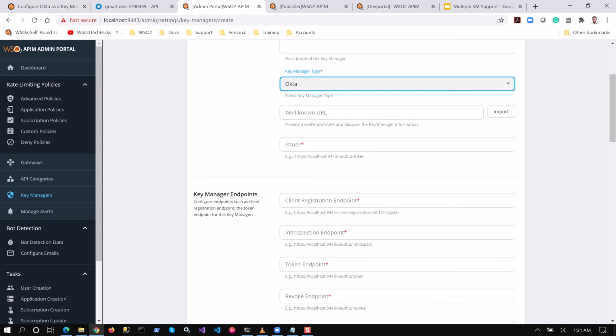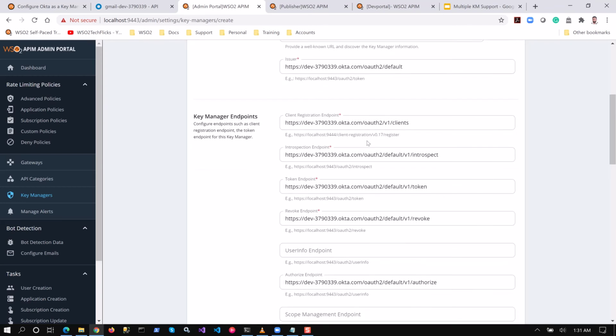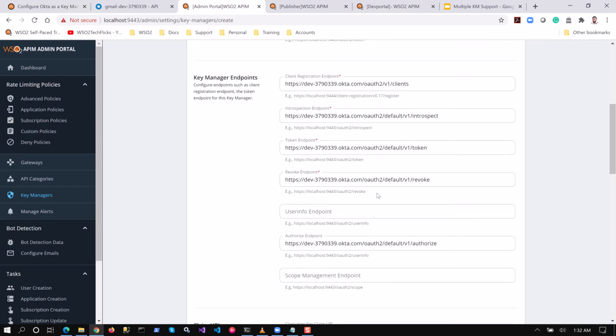So I have already set up the Okta site, and I'm going to specify my well-known URL here and import all the details into all these parameters.